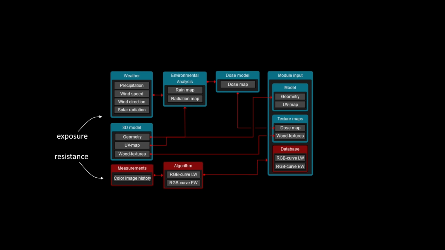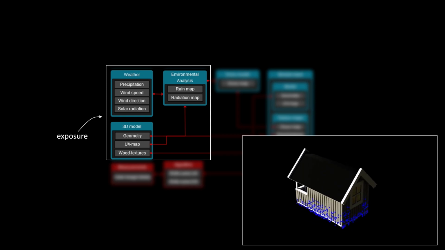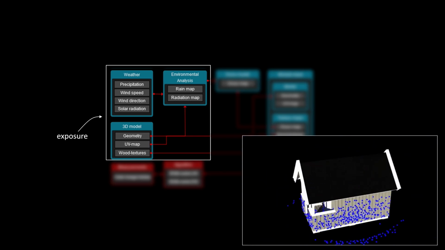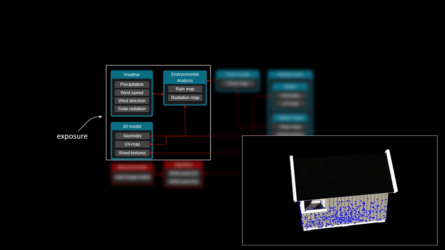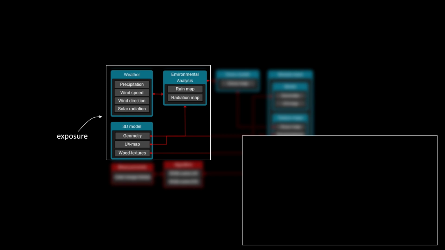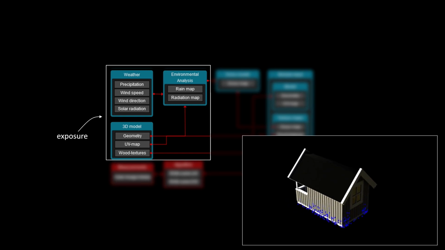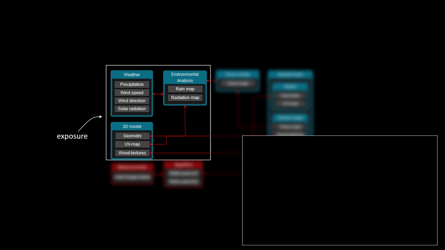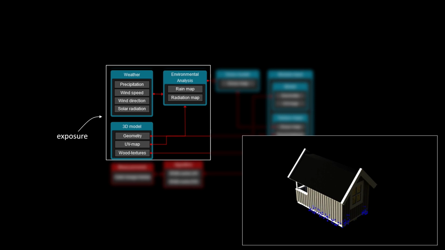So basically, what we have here is a framework where we have exposure, and that is, as I said, radiation and rain. And to analyze a building, it can quickly become quite complicated because you need to know the exposure in all of the different points on a facade, for example, to be able to translate that into a dose and ultimately a color change. But there are tools available. For example, Jakob talked about CFD analysis. We've also worked with some more simplified methods in CLICKdesign. But this is not something that is easily available for the public.